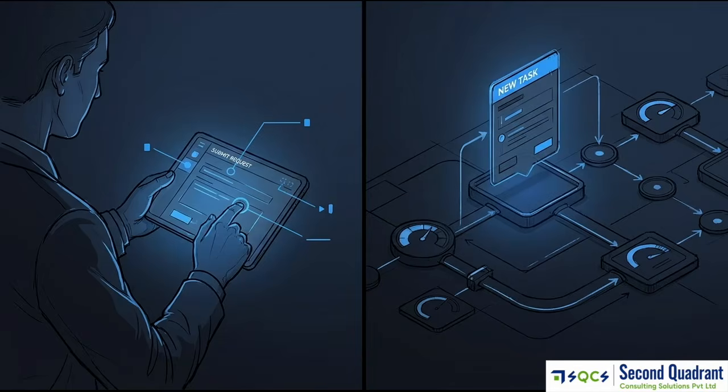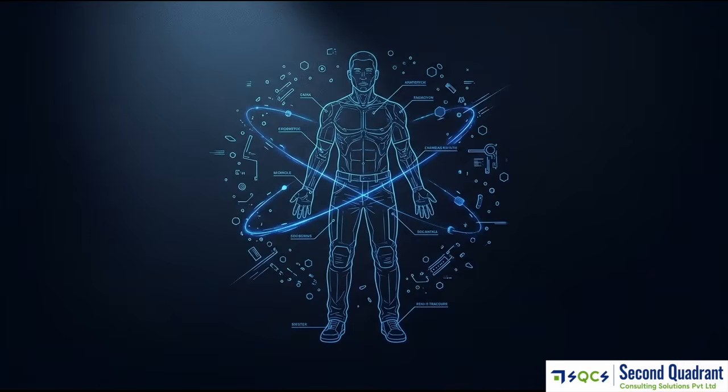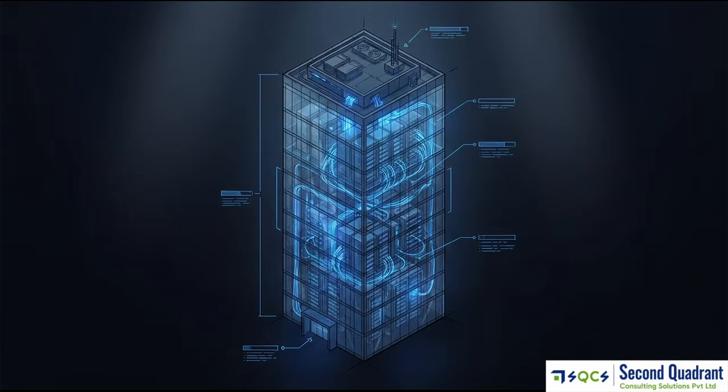The DPDP Act grants individuals enforceable rights over their personal information, but for organizations holding that data, these rights translate into rigid operational duties. Under the law, the person whose information is being processed is known as the data principal. On the other side of the equation is the data fiduciary, the organization that determines exactly why and how that